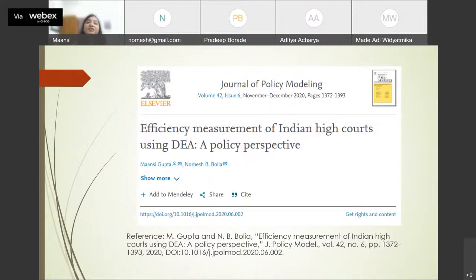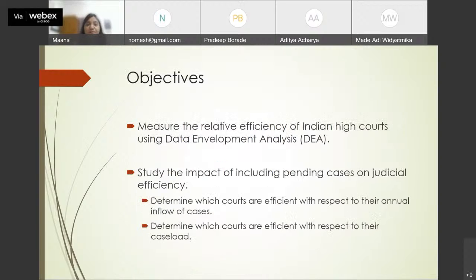In a country like India, where there are high pendency levels, we need to ensure that our clearance rates are above 1. So in addition to resolving cases that are being instituted during the year, we want to ensure that every year we are clearing a proportion of the backlog as well. But what happens with clearance rate is it is not taking your resources, your staff, your judges into consideration. We try to incorporate that into our study to present policy insights.